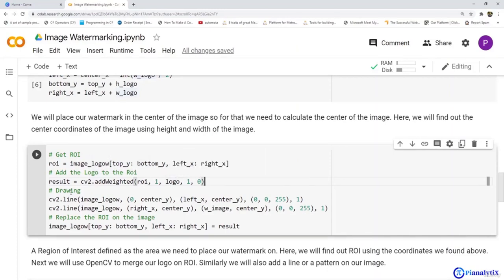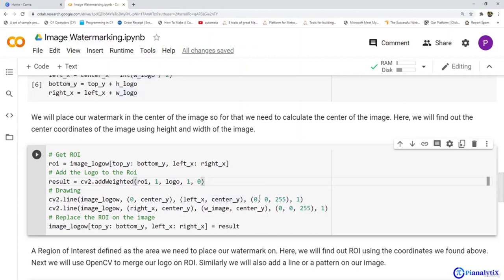Now I can show you how to draw lines, which means we can draw our own pattern. A pattern which will be useful if you want to add different types of images, or if you want to create different patterns along with your logo also. So this is how to draw patterns. We can use the line function from cv2. I have created a line from 0 to center of y, from left x to center of y.